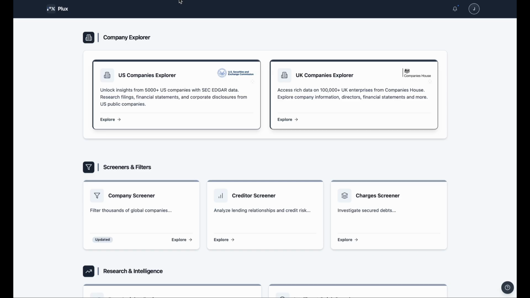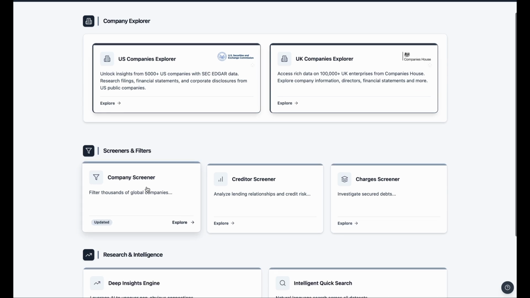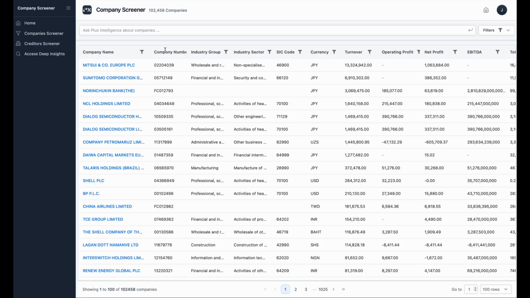Welcome back. In this video, we will show you how to use Plux to filter companies based on any criteria and then dive deeper into a selected company to understand its financial and operational profile in just a few minutes. So, let's get started. Click on Company Screener from the dashboard and you will see a list of over 100,000